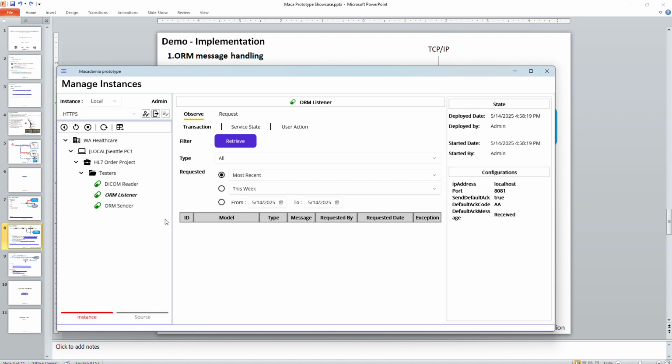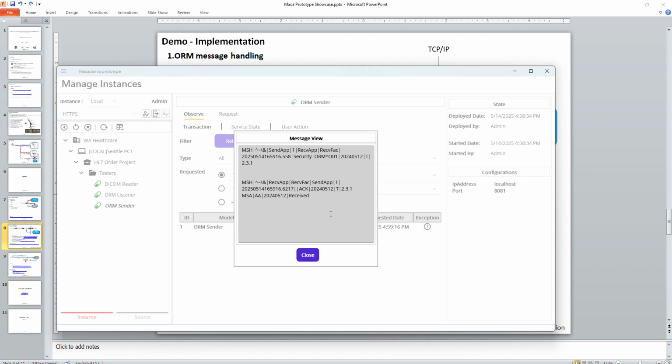And then there are three services running on the macaron server. So if you look at each service, it shows some kind of information on the right side. Let's say what will happen in the ORM sender. You can set it today, and it says this succeed. Okay, the message is received. The first one is what we sent, and the second one is the ACK message, what we received after sending